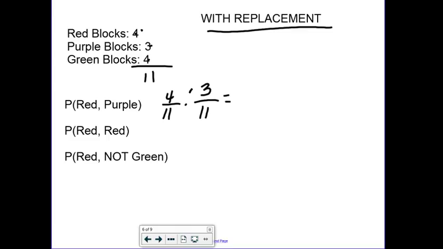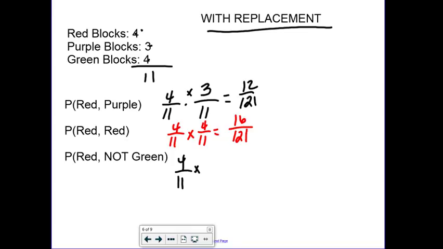Multiply, that is 12 over 121. Probability of red then red is 4/11 times 4/11, 16 out of 121. And the probability of drawing yourself a red, which we said was 4/11, and a not green, so red and purple works, would be